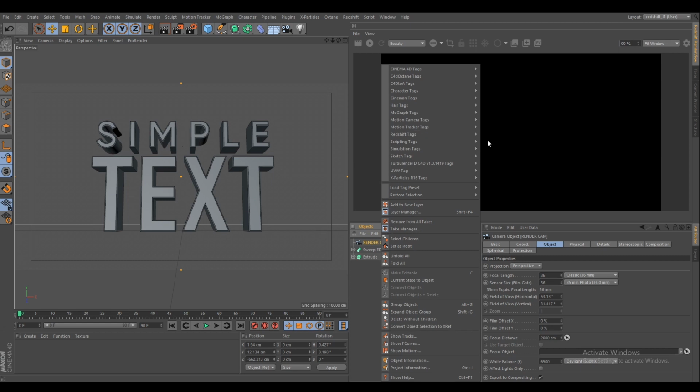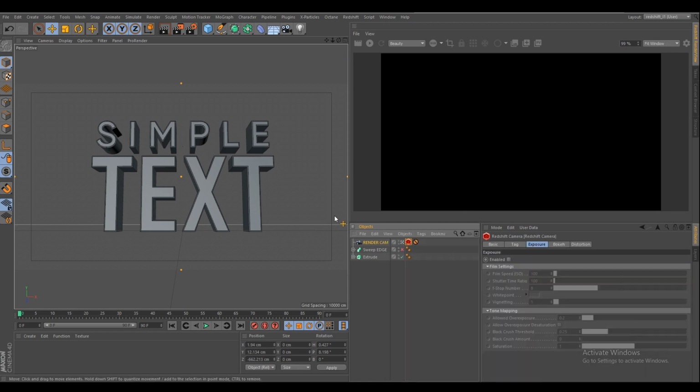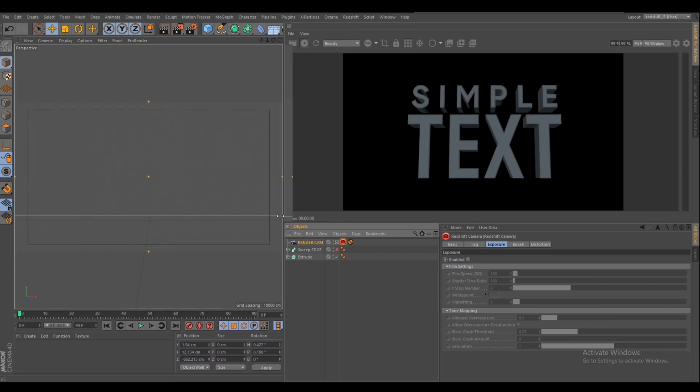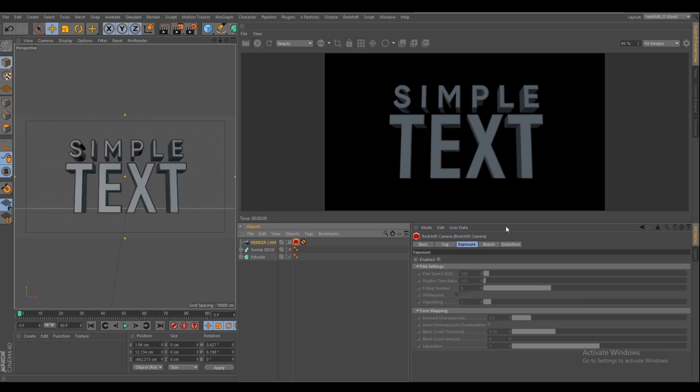It gives us extra feature on camera. So here I'm also applying this camera tag on the camera. And now if I render it, you can see there's a basic gray render, because there's absolutely no lights and no HDR map.